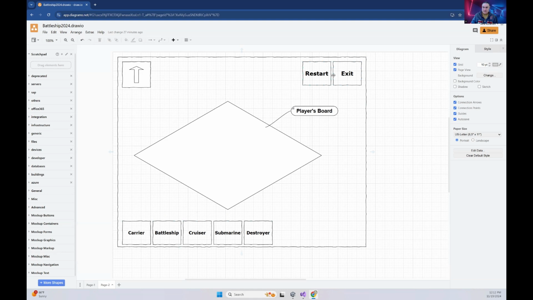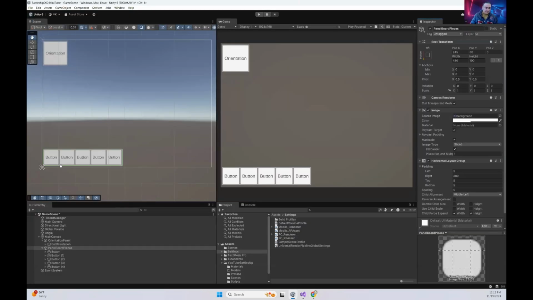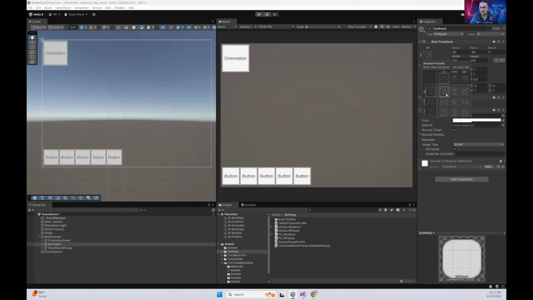And then let's go ahead and also create this exit and restart button layouts as well. So let's see how that's done. In fact, what I'm going to do is I'm going to just duplicate the orientation panel that we have, and we'll rename this to, let's call it the exit panel. And all we are going to do is change the anchor from the top left corner to the top right corner. And we'll also go ahead and displace this to negative